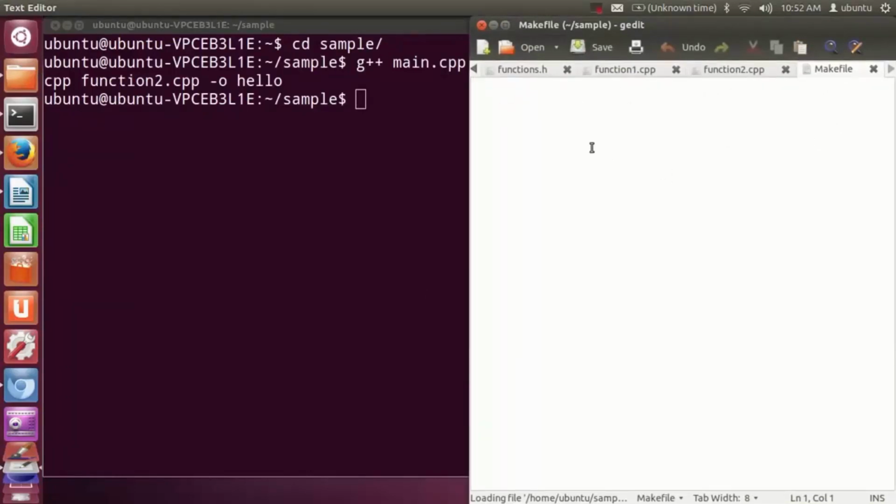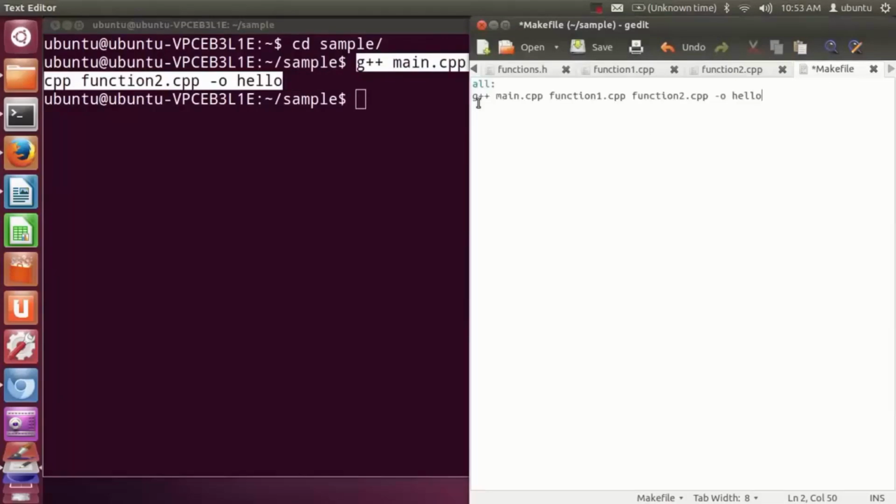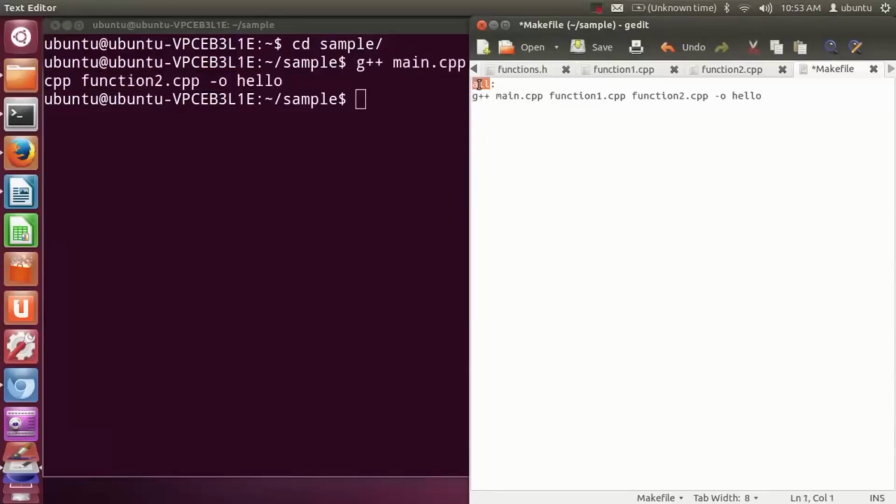Okay, and in here I can write a target. So I will write, for example, all, and then I will press enter, and I will copy the same command which I have used to compile my program and paste it here. But by common convention, after the target, you need to give a tab in order to execute the command. So after the target, you need to give this tab to indicate that it's a command. Okay, and I will save this